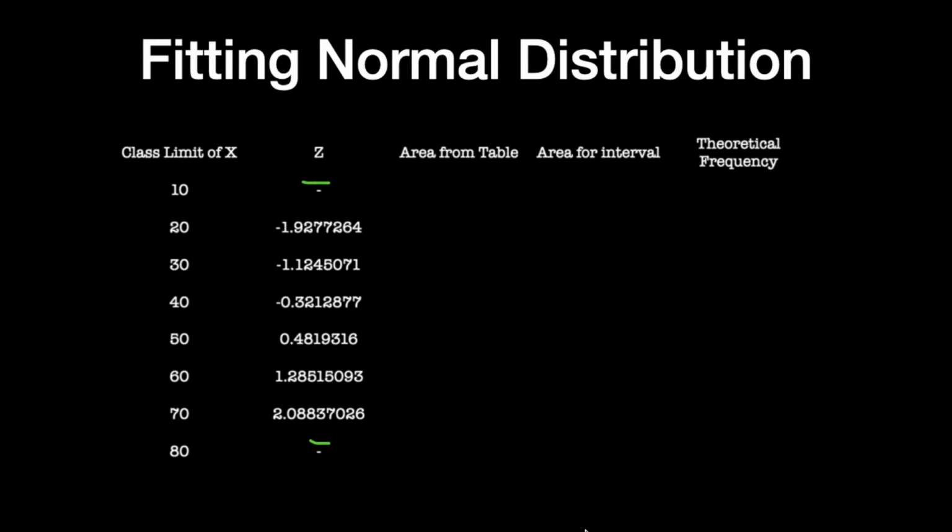Okay. Now the next step is to calculate the area from the table for this standard normal variate using the standard normal table. If you are doing a problem, this is not necessary and you can skip this step. But for the time being, to make you understand what happens here, I have plotted these standard normal variate values in a standard normal curve. So we have to find out the area under the curve for each point.